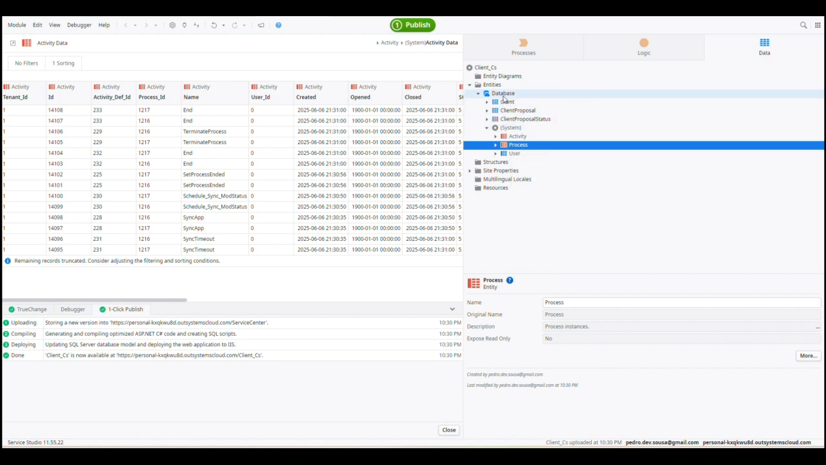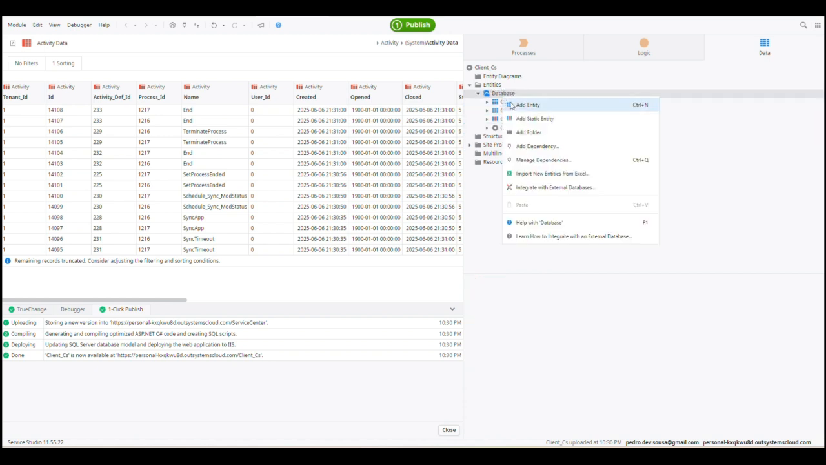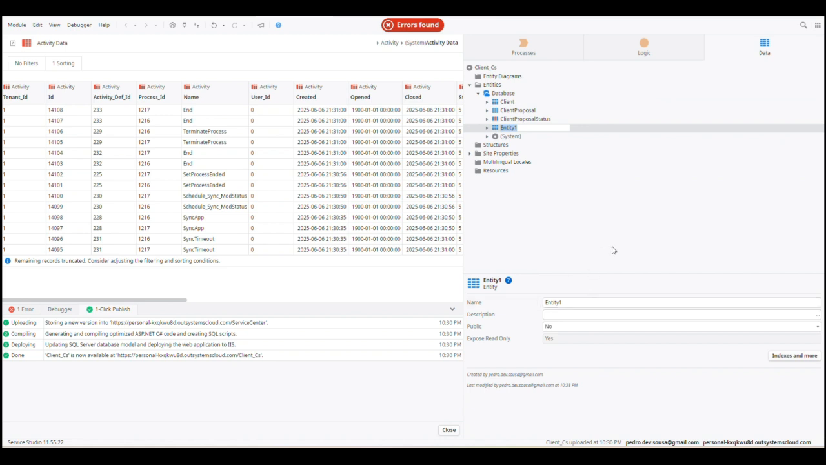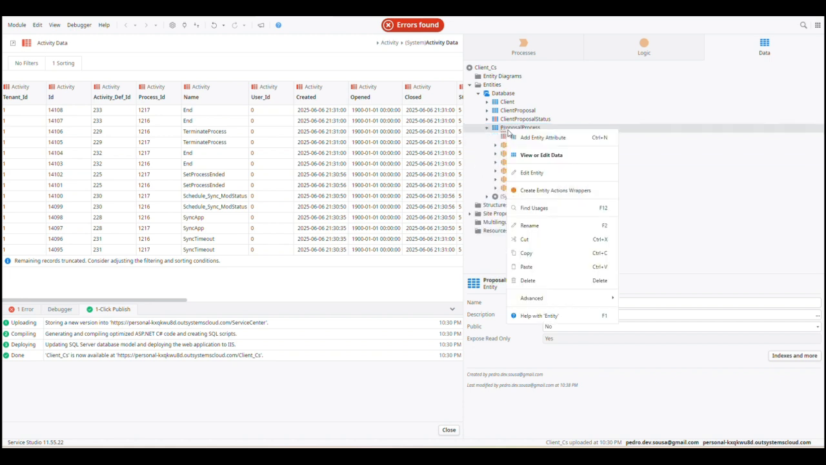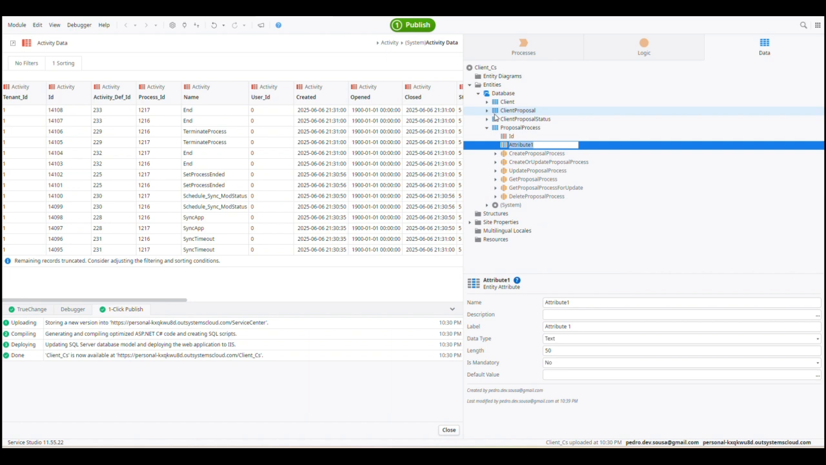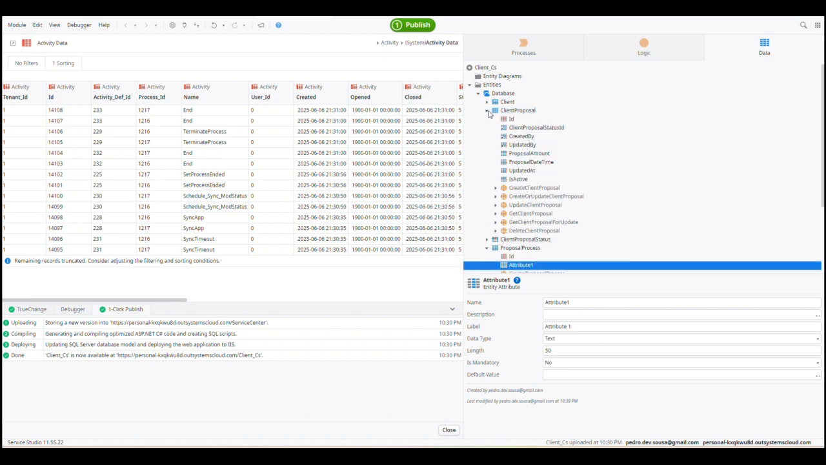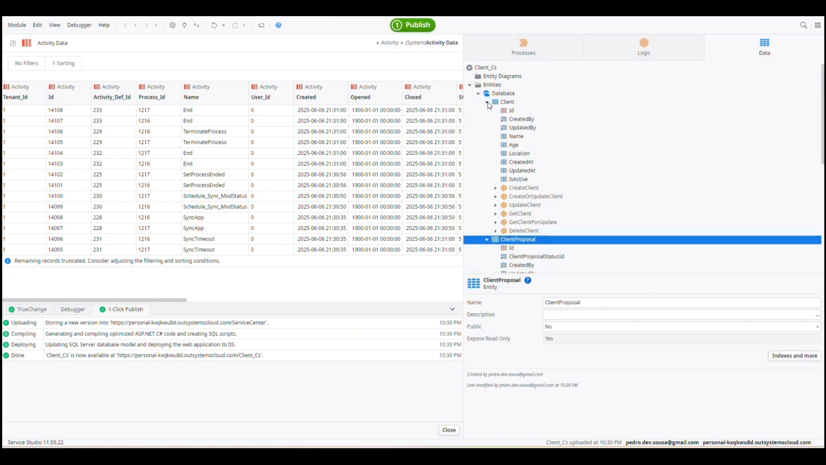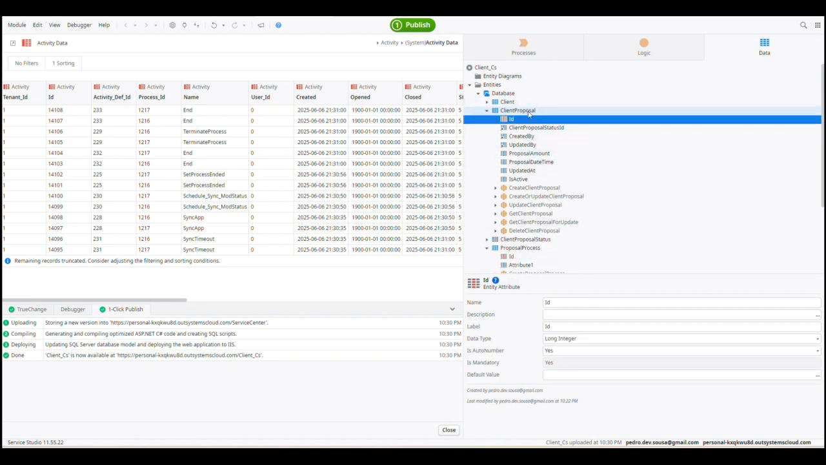Okay? So just to finish this, let's create our last table, and let's say proposal process. So in the proposal process, we're going to have, oh wait, we have the client proposal. Yeah. So in this case, the idea on the client proposal,